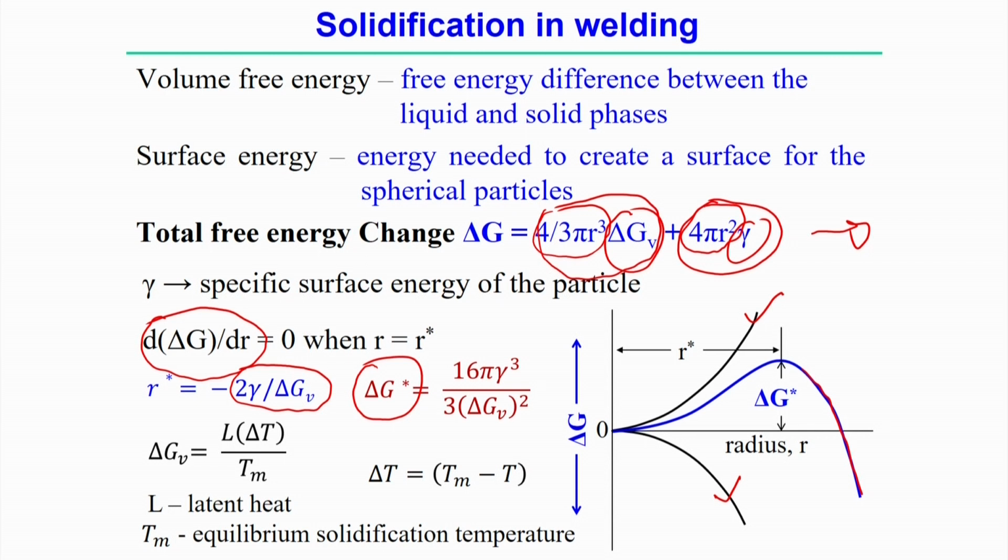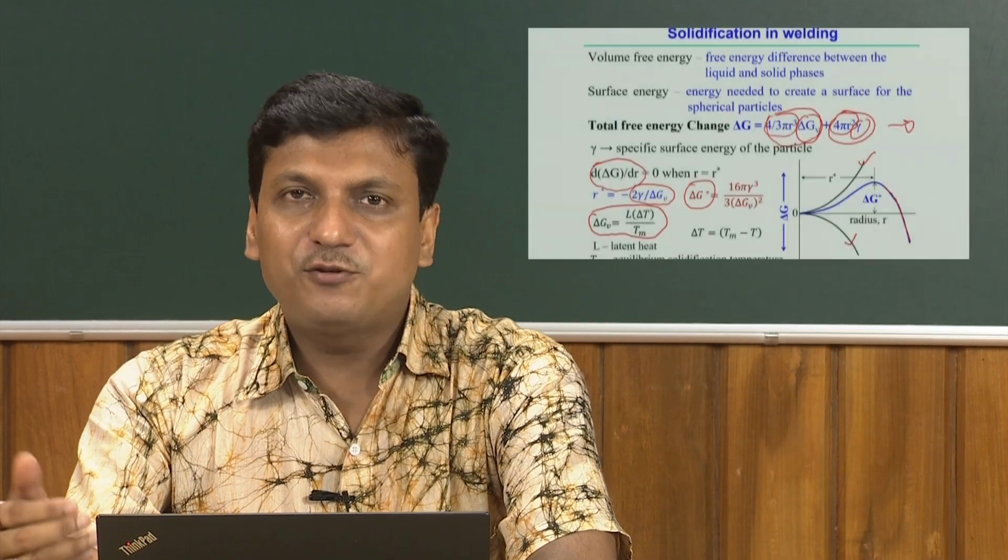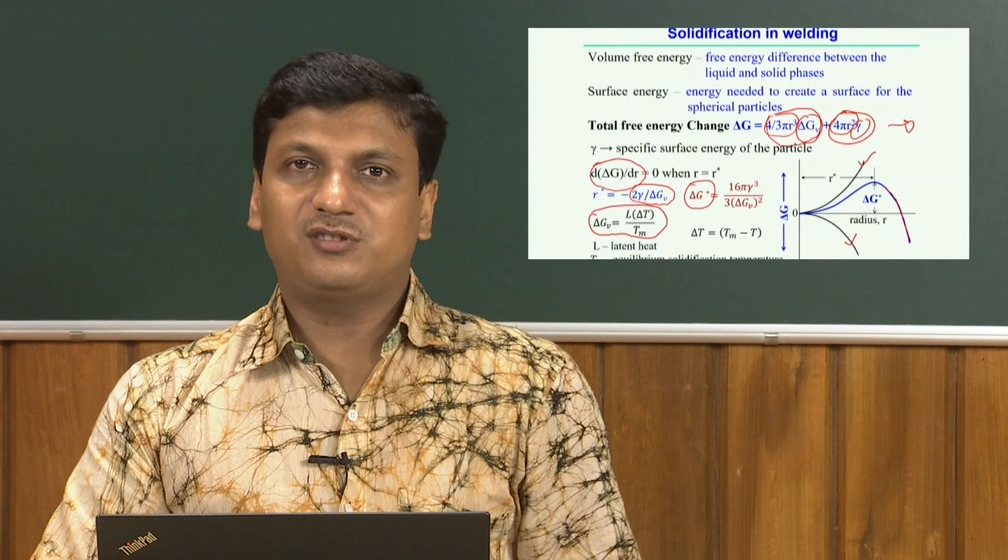But we see that volume free energy can also be represented in terms that depend on the latent heat and the degree of undercooling, that means the temperature difference from the equilibrium solidification temperature. You can assume the equilibrium solidification temperature is a single-point phase change temperature, and then there is the amount of latent heat. All this actually decides the amount of the free energy difference between the liquid and the solid phase